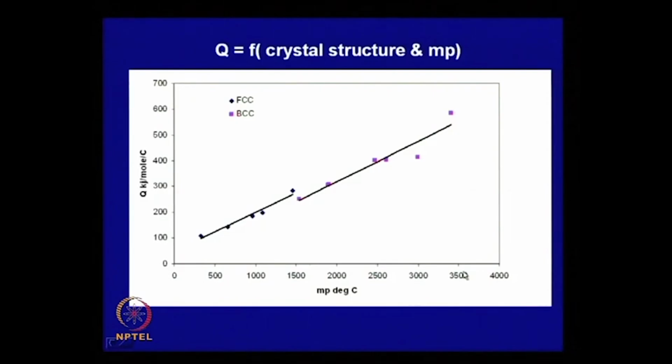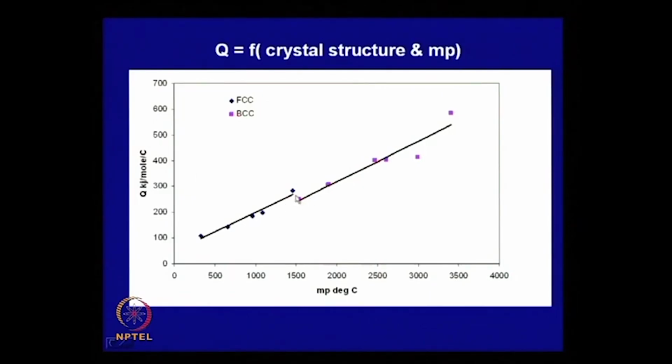First, let us look at, this does not involve any calculation, just make a plot of activation energy with melting point. Now, this is for FCC metal, this is the trend line. So, this is for the lowest, possibly this must be lead, and this is the highest, and look at this linear trend. Similarly, this is for BCC, and if you try and extend,